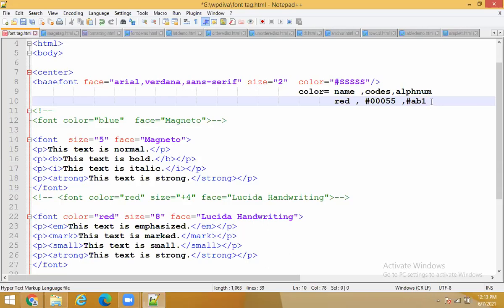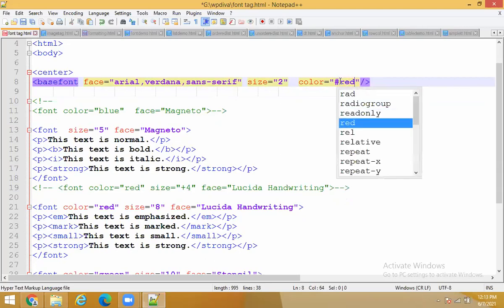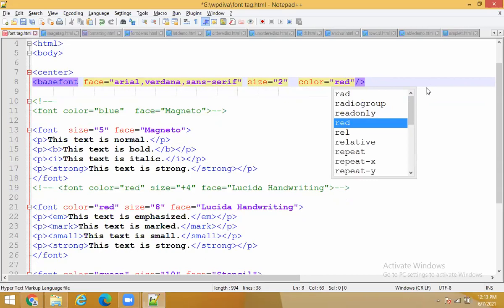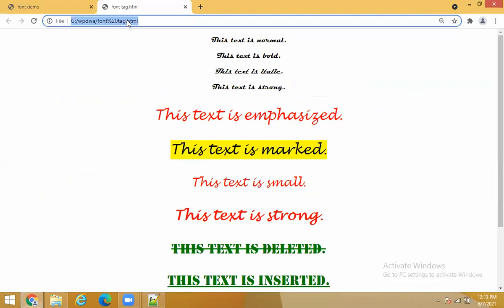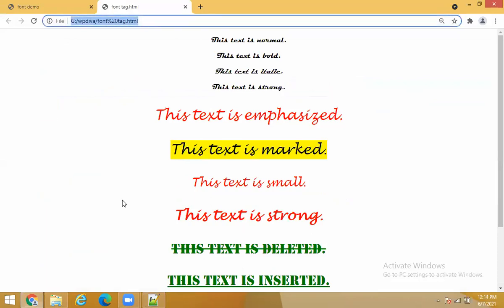Fine. All right. So here I will take default color as red. I want default color as what? Red. So when you are taking the name, don't take hash there. Fine. Default color is red. And from here, I have cancelled the color value. Now what will happen when I cancel the color value? When I re-execute it, I'll just refresh the file.